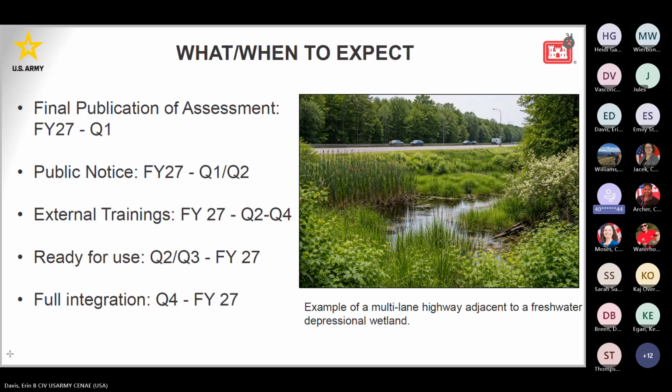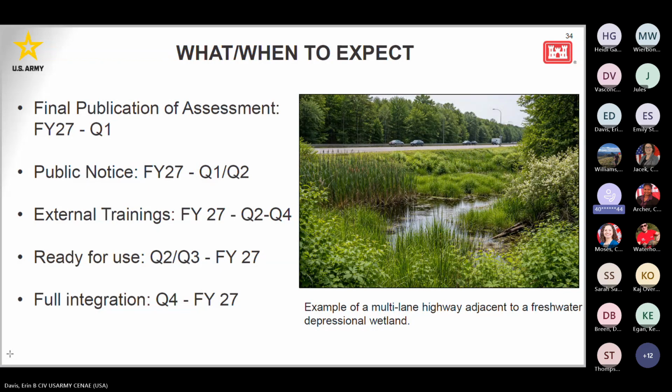This is one of the first times you probably heard about this one because it's been under the hood and in development with our ERDC office. But there will be a rapid involvement with the public, including states and the respective wetland and stream communities, so your MAWs, your CALs, your NANNers. These wetland groups, it'll be next year though, because we're going to get the final publication at FY27. Right now, we have the final draft we're reviewing, but we expect the final publication of the assessment Q1 next FY,